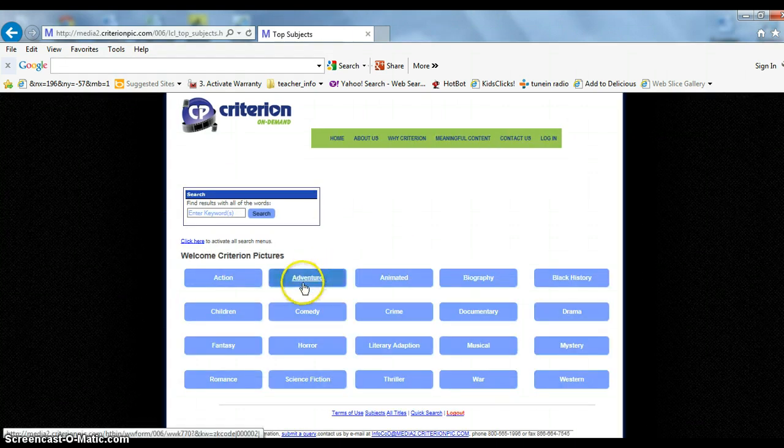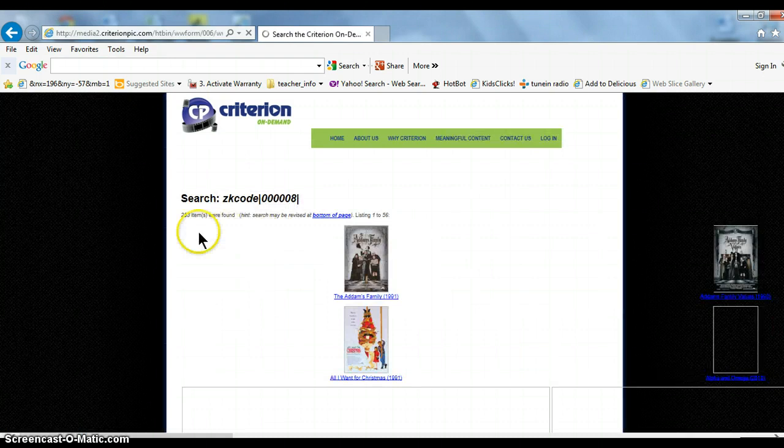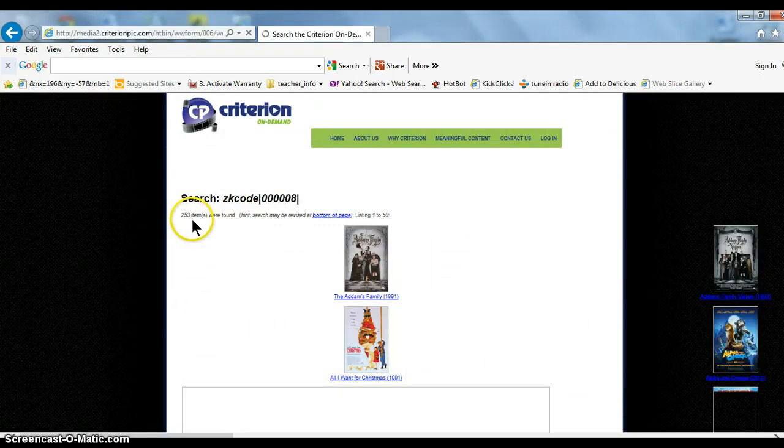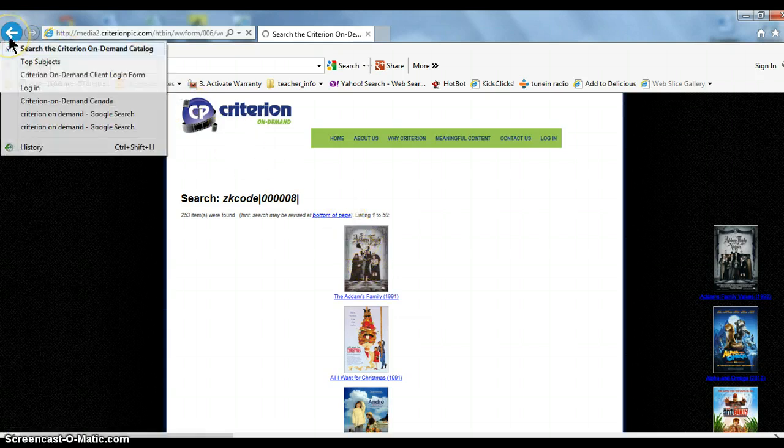You can either select by category. So for example, you might be wanting to look at children's movies. We click on children, and you can see that they have 253 movies that they classify as children movies on this website. What I'm going to do though is go back